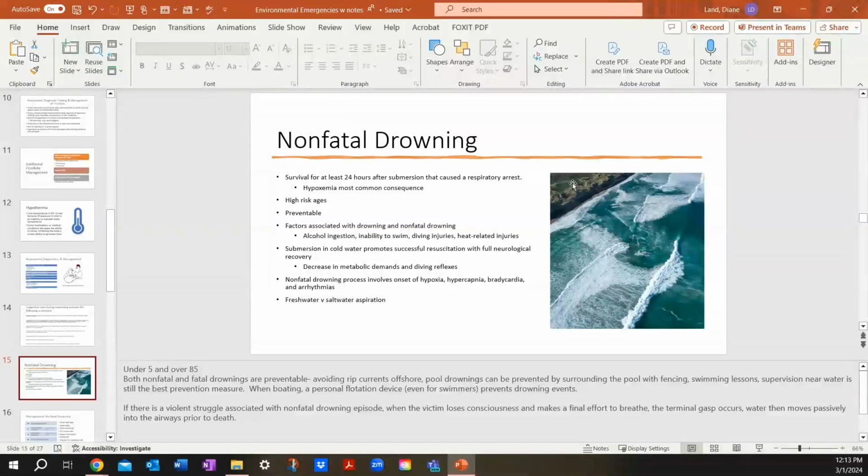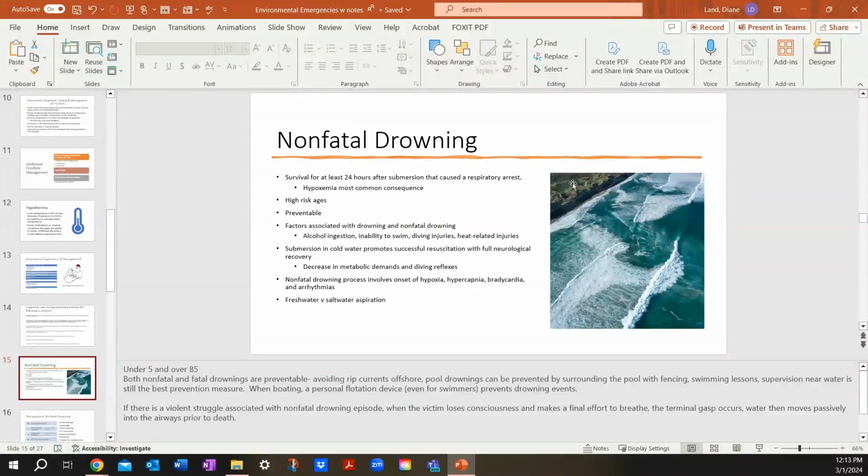And pool drownings are preventable with the fence, swimming lessons, things like that. Boating, make sure people have flotation devices and things like that. Factors associated with drowning and non-fatal drowning are alcohol, inability to swim, diving injuries, and hit-related injuries. So because people dive, they break their neck, and then they also have a near drowning. So a lot of my patients who broke their neck in Florida because they dove, I also had to do